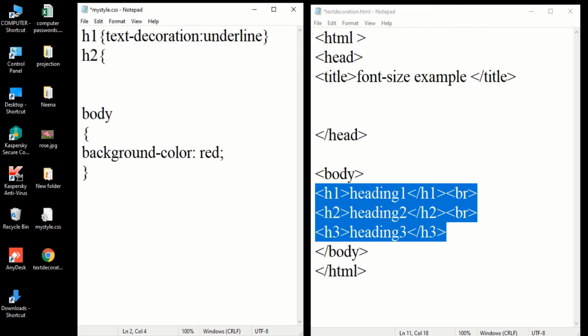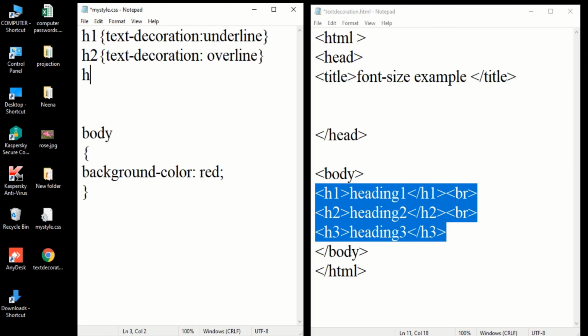H2, text decoration property, property value overline. H3, text decoration property, property value line through.